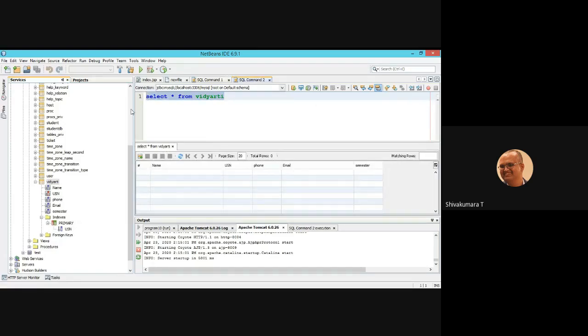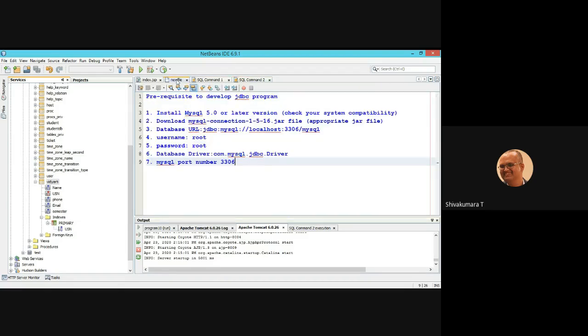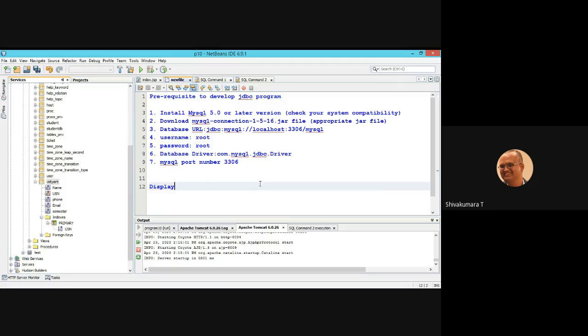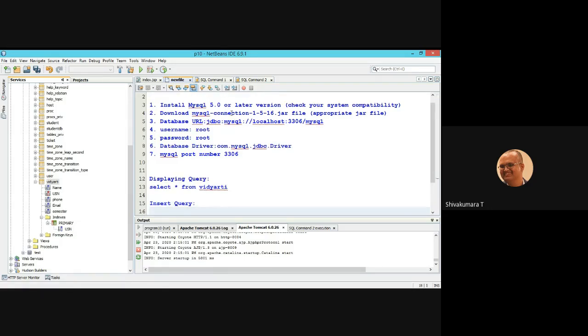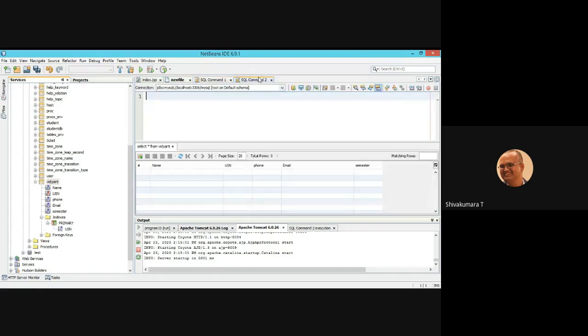How to insert? How to write the query for insertion? So select star from Vidyarthi is what? This is the displaying query, right? Now the insertion query. What is the insert query? Insert into Vidyarthi values, right?